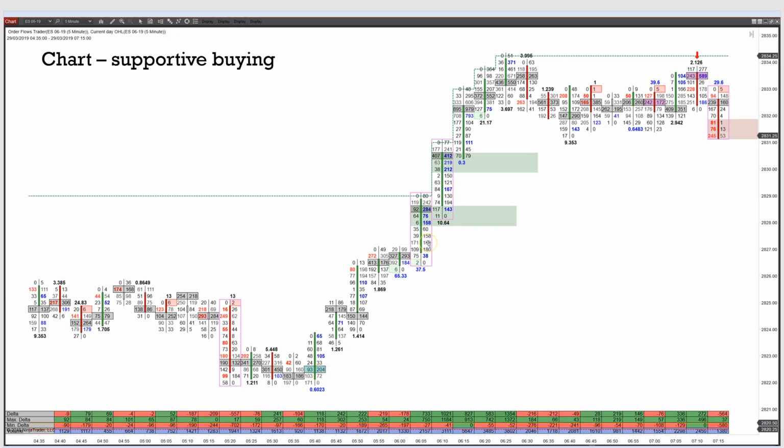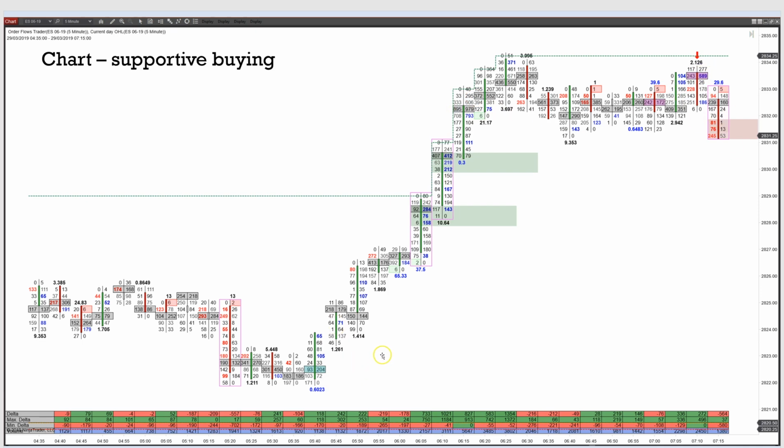Like I said, what's the market telling you? You got a stacked buying imbalance that held here. Another stacked buying imbalance that held. Now you get up here, you start going sideways. Things are changing, right? You have your trend. You got every sign in the world telling you that this trend is legitimate. But a trend eventually is going to end, and you're going to be looking for some signs of possible reversals. You're starting to see it up in here.